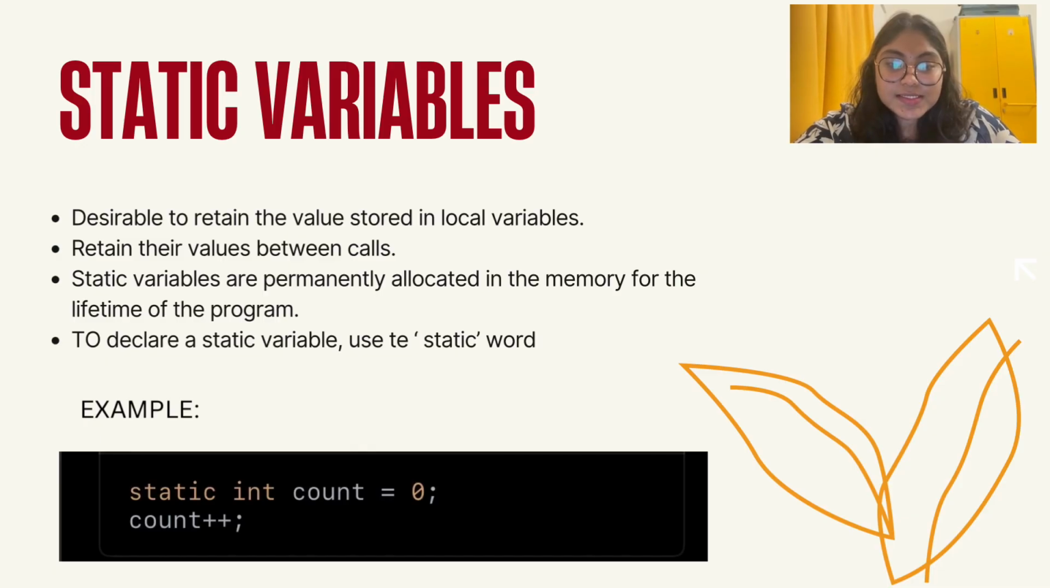The next one is static variables. Static variables are desirable to retain the value stored in local variables. They retain their values between calls, and static variables are permanently allocated in memory for the lifetime of the program. To declare a static variable, use the static keyword. For example, static int count = 0; count++;